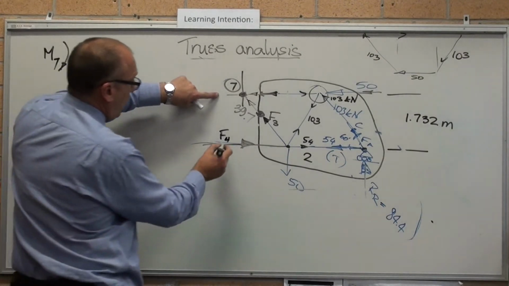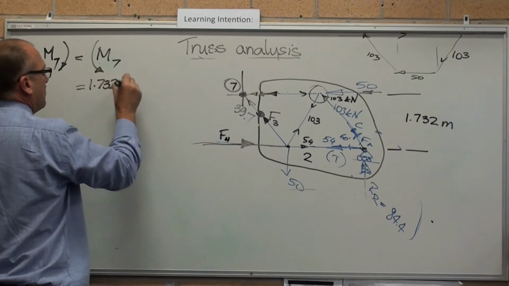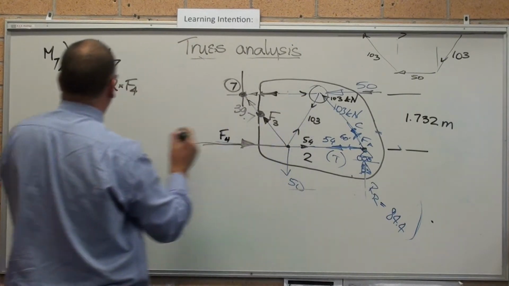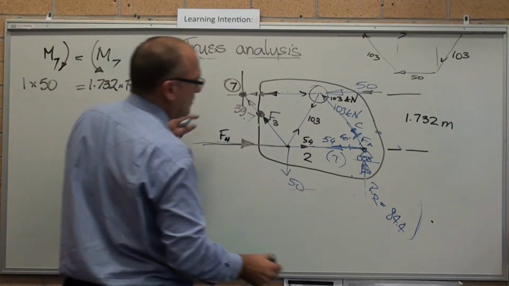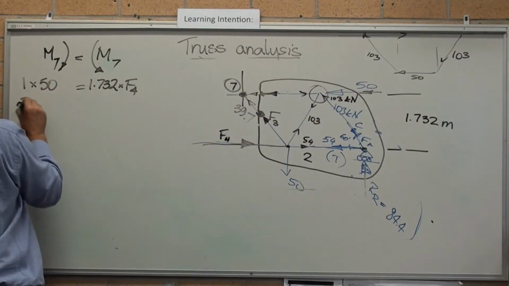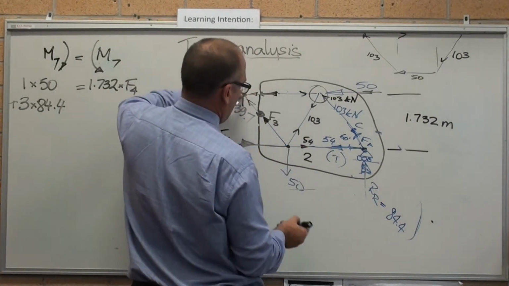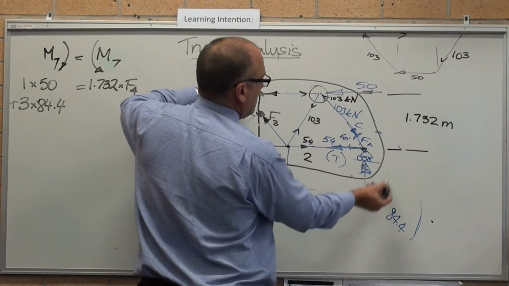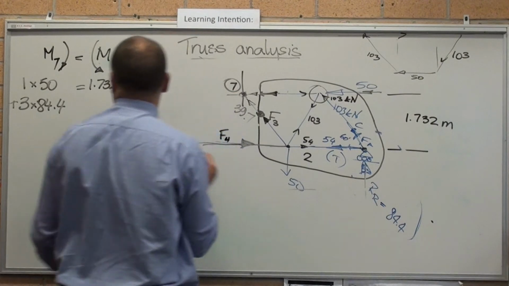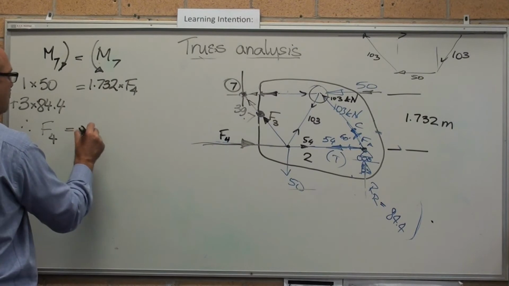Force F4 produces an anti-clockwise moment. This 50 produces a clockwise moment. This 84.4 produces an anti-clockwise moment, and it's 3 metres away. Take moments about there, so it's 1, 2, 3. That one doesn't count because the distance is 0, the distance is 0, the distance is 0. So force 4, therefore, force 4 equals,